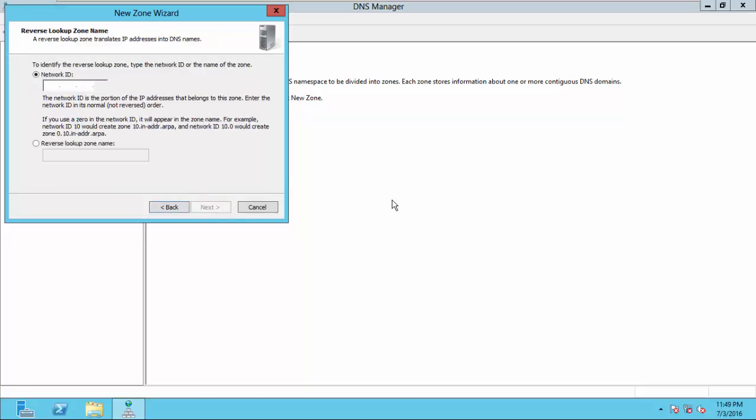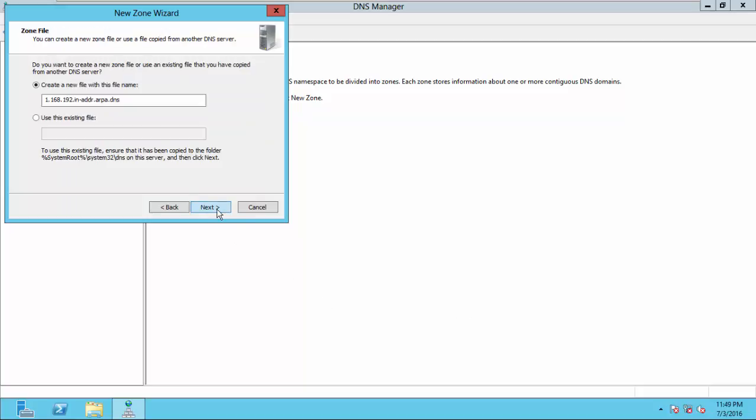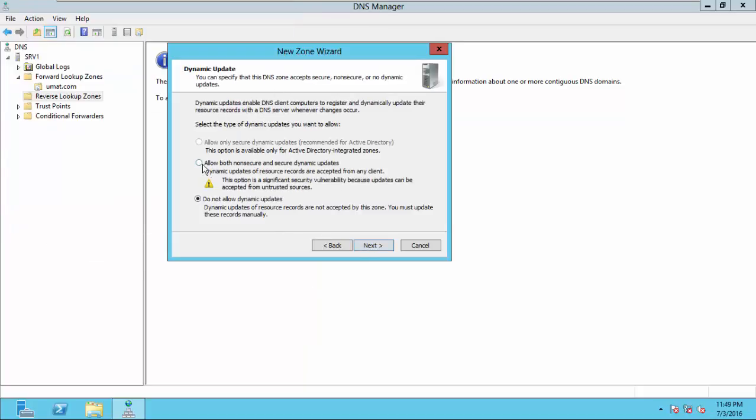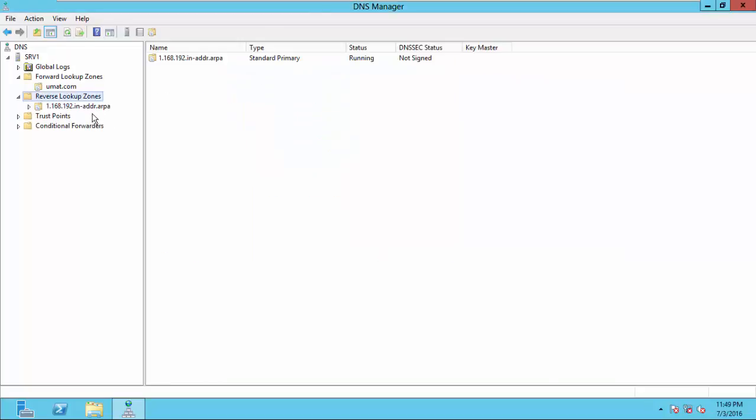I'll type my network ID, which is 192.168.1, and I'll go next here, leave this default, go next, allow both secure and non-secure dynamic updates, go next, click finish. Okay, now there's one thing that I need to do here, but before that, let's have a look